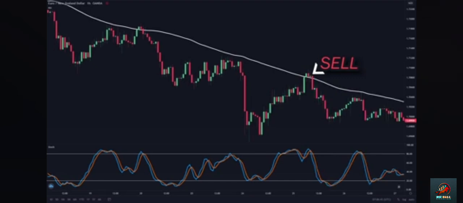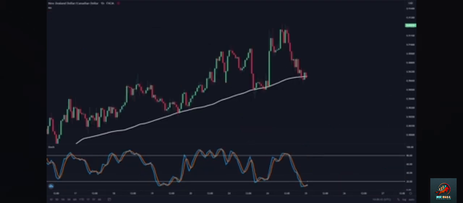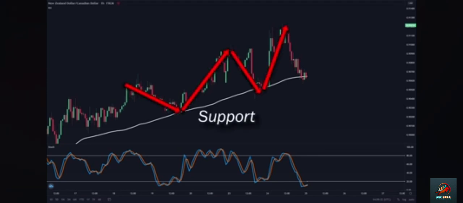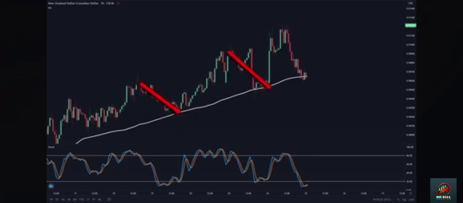Let's look at another example. In this chart, we can see that the moving average is acting as a support as prices went down to this level, hit and reverses upwards multiple times. And we also noticed that the same pattern has formed. Every time prices went down to the moving average, while the stochastics is at oversold, the price tends to reverse